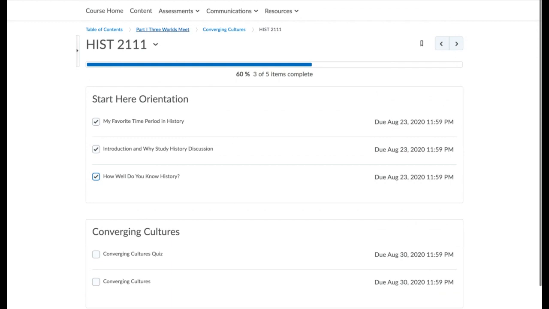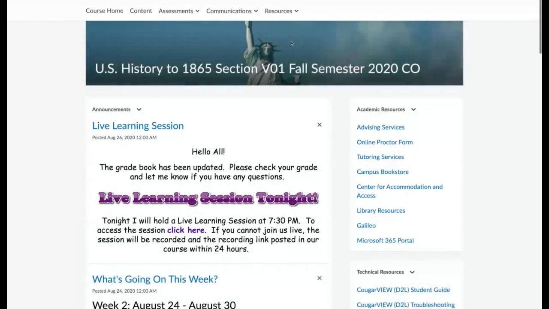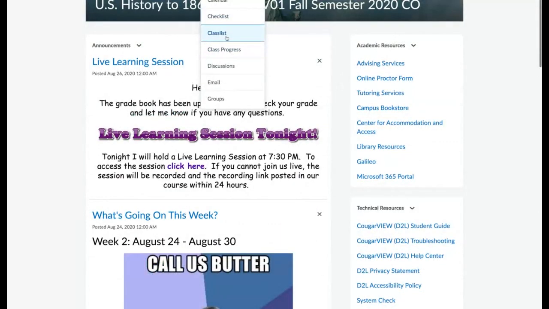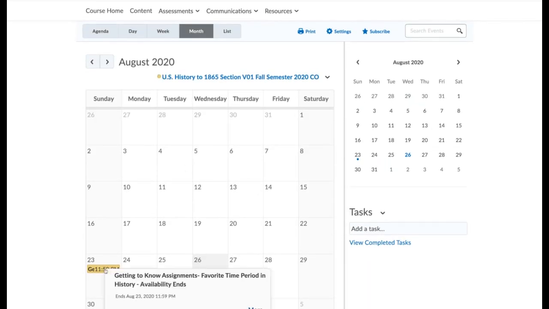I will say that one of the places you will not find the assignments, and what's listed for the week, is on the Cougar View calendar. I don't put assignments on the Cougar View calendar. I do know that last week there was a little bit of a problem with some assignments showing up on there, like this one. But as you can see, that's actually something that I've opened up for somebody. As you can see, there are no assignments listed. The reason for that is I don't use the calendar.